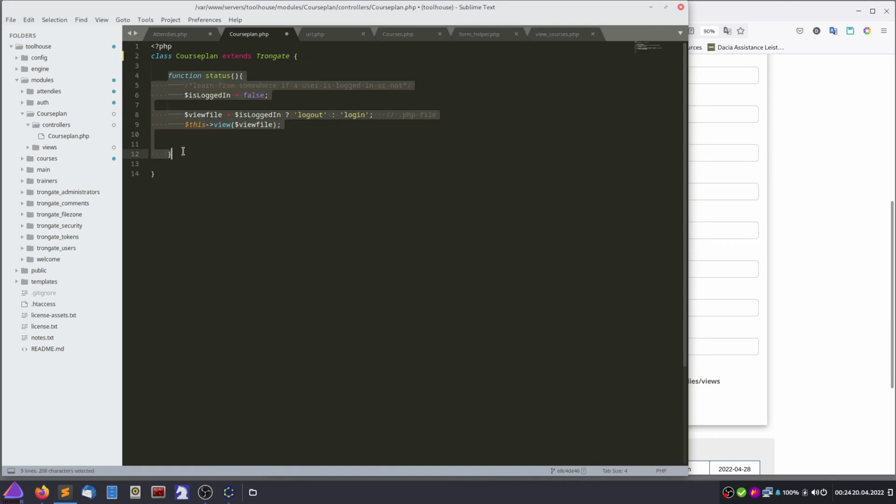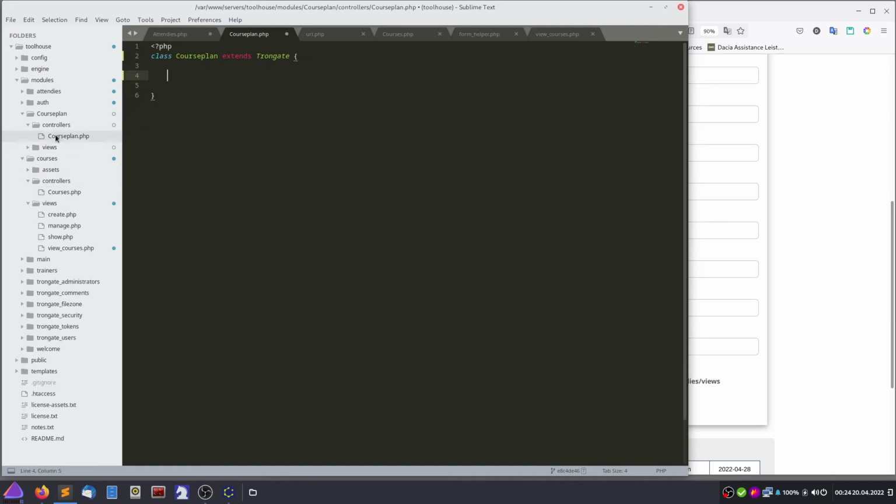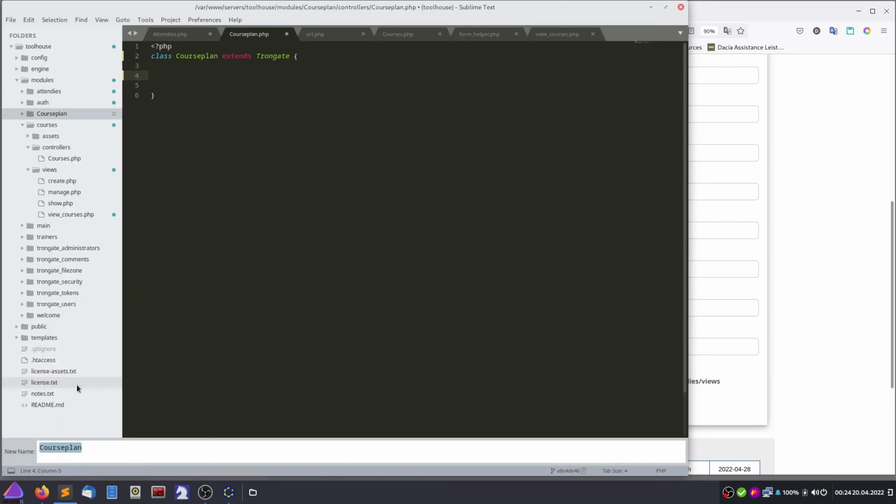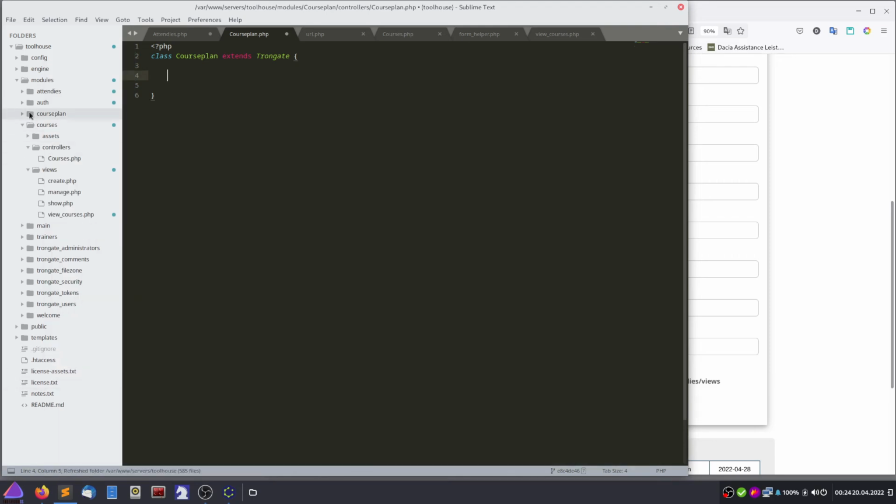Get rid of this. No, I'm not sure if I have messed it up. No, course plan, but this one here should be written lower, right? Lower, but the control is uppercase. Okay, and within this we will make a function which receives the formula data, and we will say